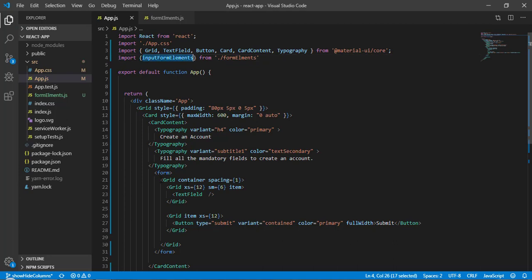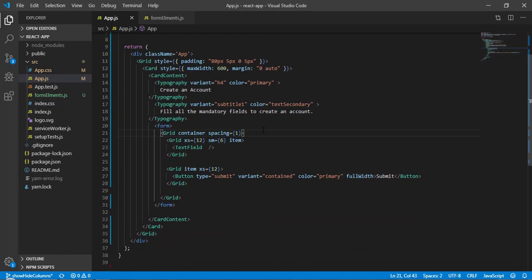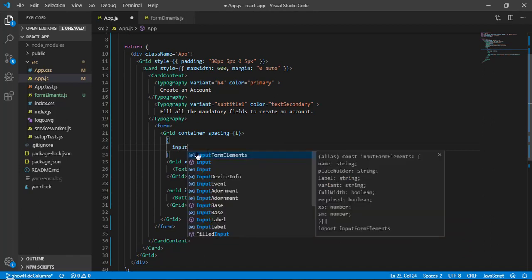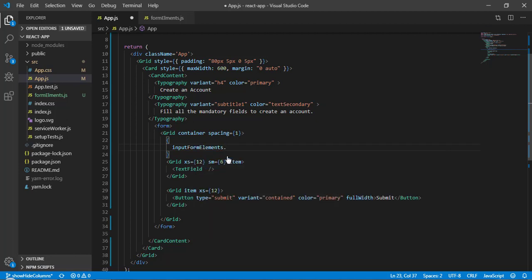So what I will do is, inside this container, I will loop through that. So here an object, and now I can write the logic: inputFormElements.map.